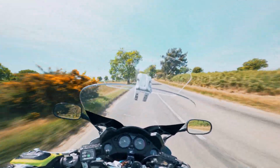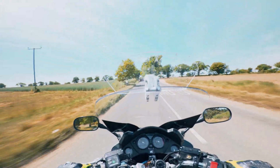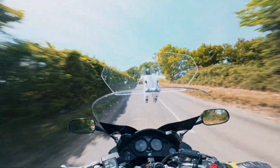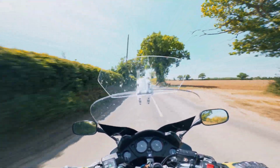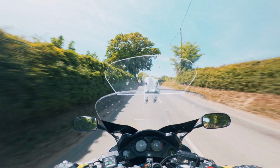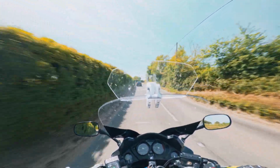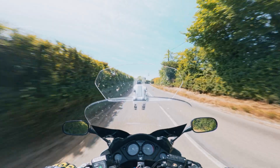It's quite cool today, and I've got my mesh jacket on and I'm kind of comfortable really. I can already feel my legs getting a bit too hot from the engine, so we'll have to see how that goes. But I've got some stuff that I need to go and have a look at